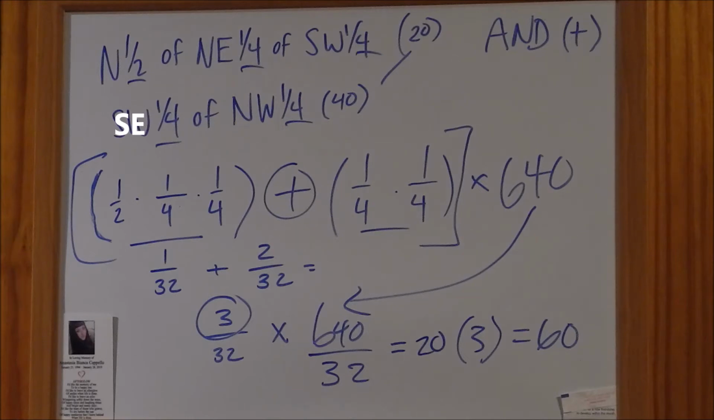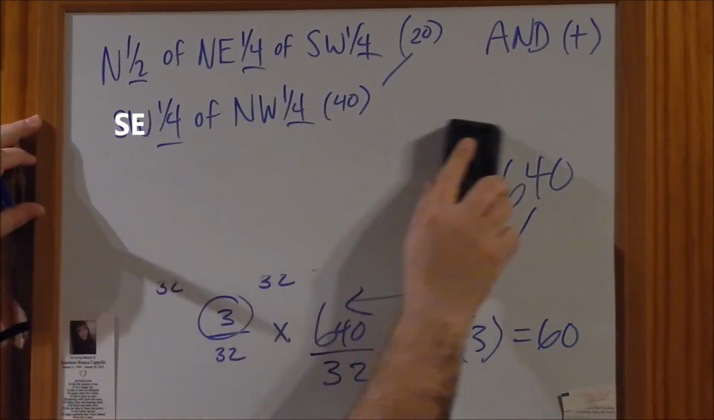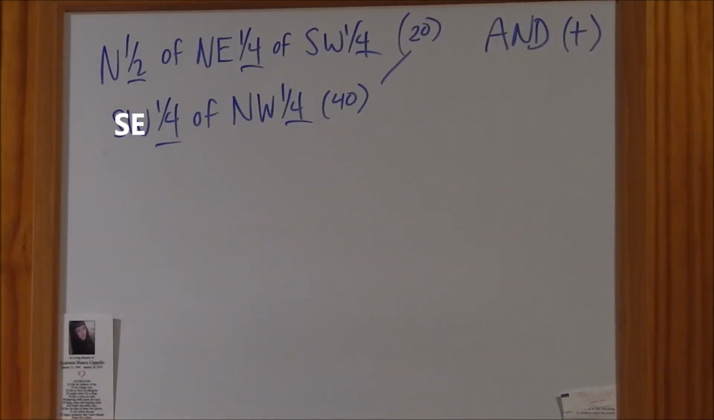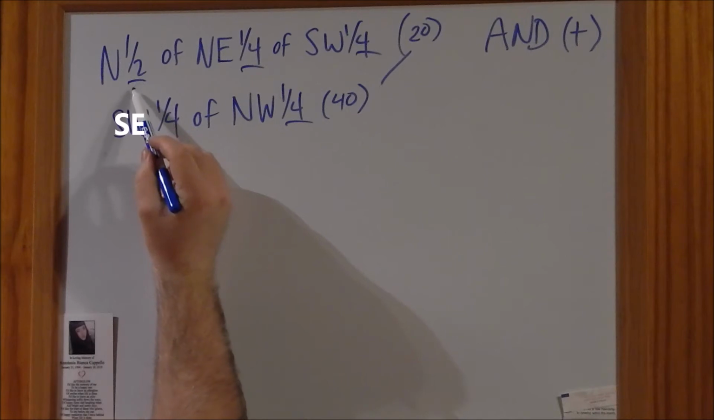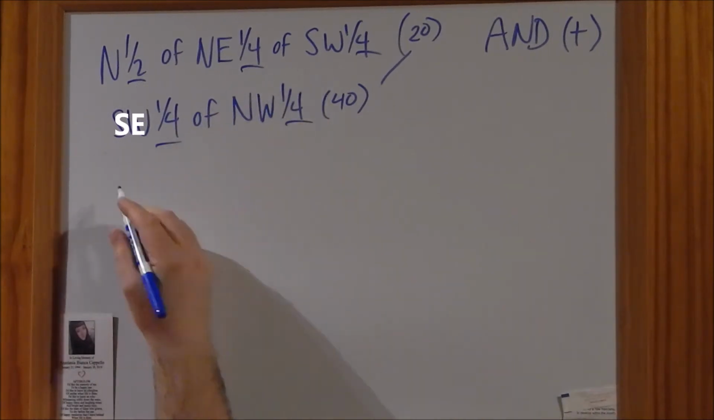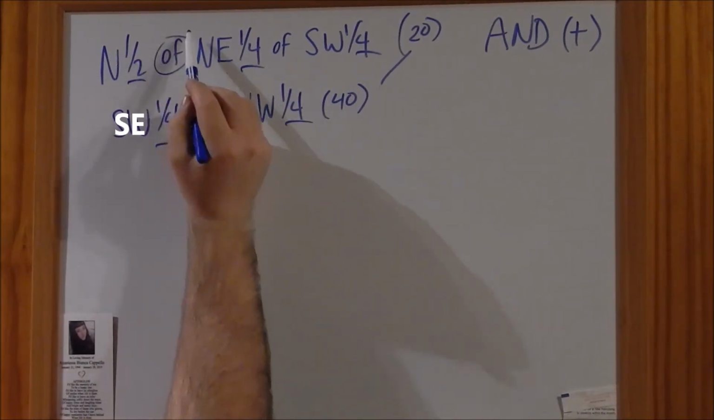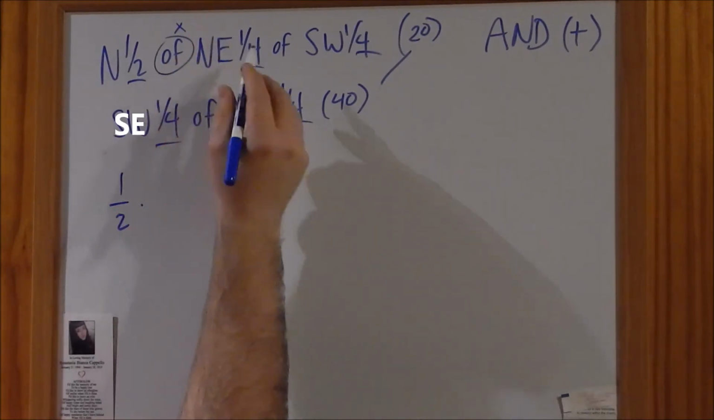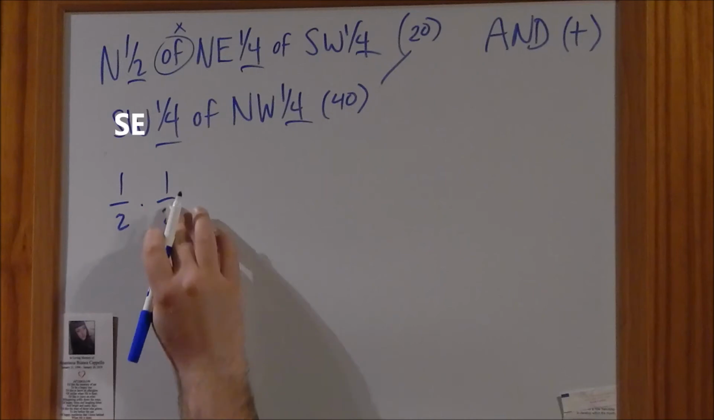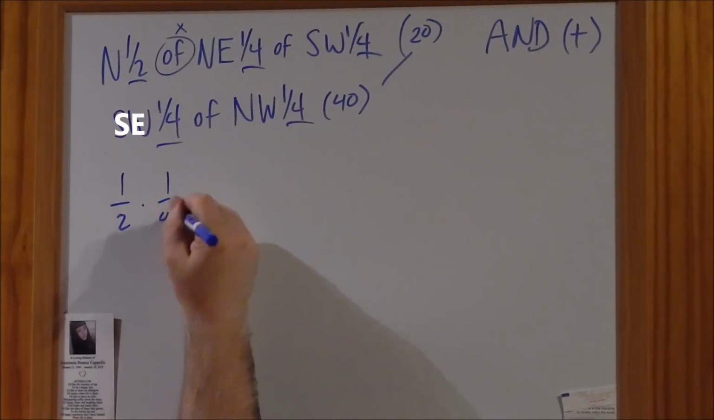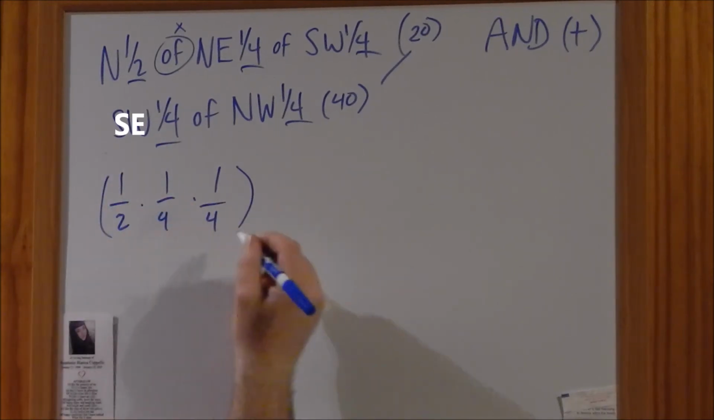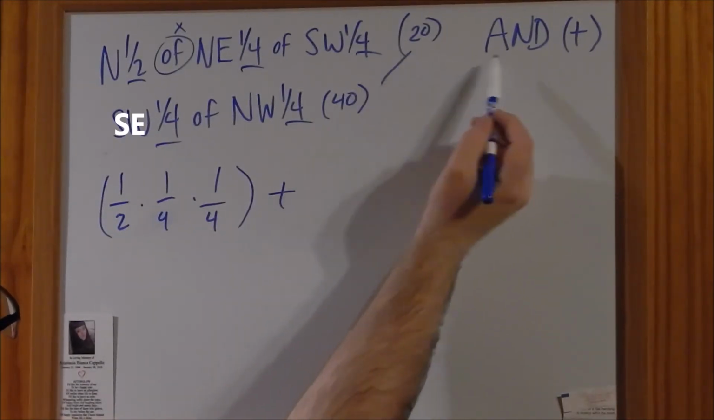Okay? Let's go back and do the math one more time. We have half of a quarter of a quarter. When you see the of, think multiply. 1/2 of 1/4. Oops, 1/4, I'm sorry. Of 1/4. That's one portion. Plus, because we have the and here,